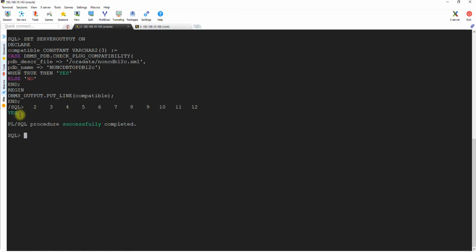So it says yes. Here you can do it. That's what it's trying to say. The flag is trying to say in case of violations, PDB plugin violation, then you have to check this particular query. Let me show you.